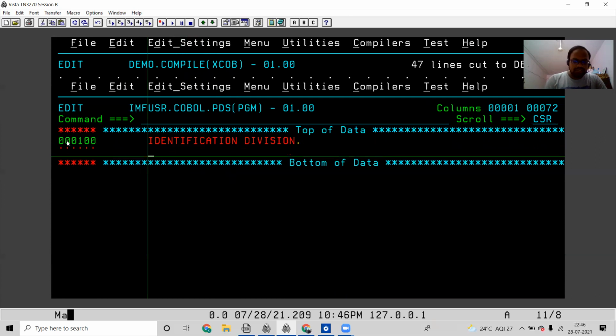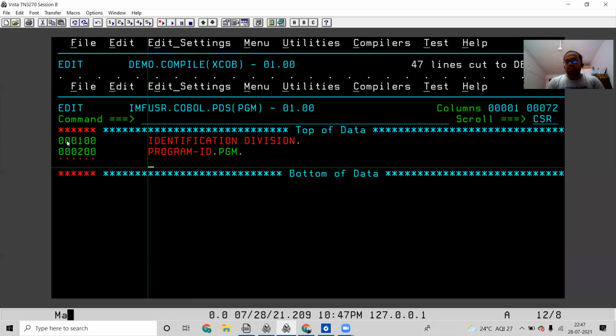Now coming to the next, program ID. What is program ID? A paragraph. So para will start at 8th column. PROGRAM-ID dot, and I am calling this as PGM dot. So that is a program ID. Now I'm not using environment division and working storage section in the data division in this particular program. This is a very simple program. How to display simple things. Okay, directly a display program. This is okay. Now I'm going directly to the procedure division.